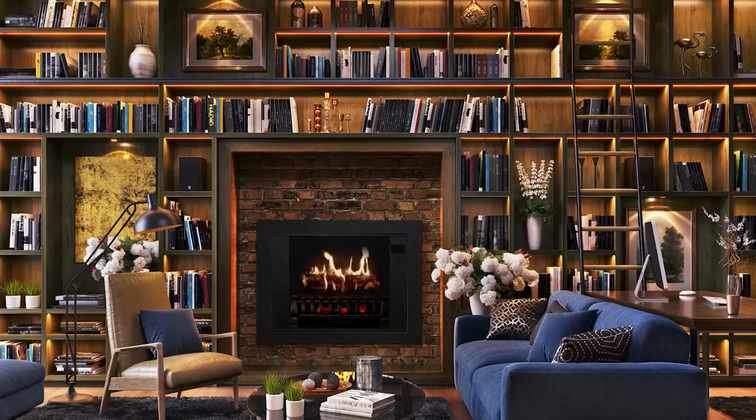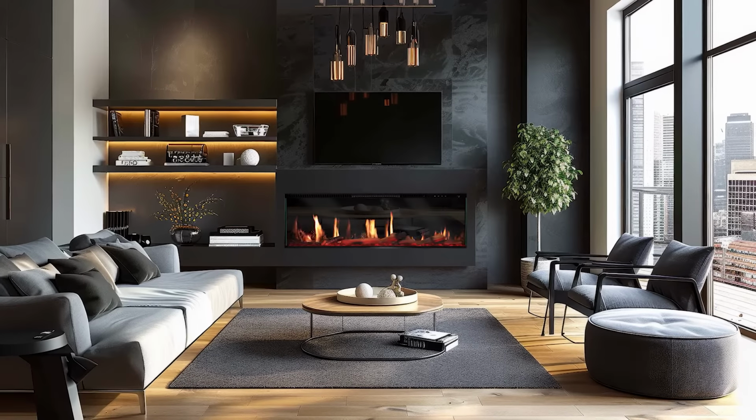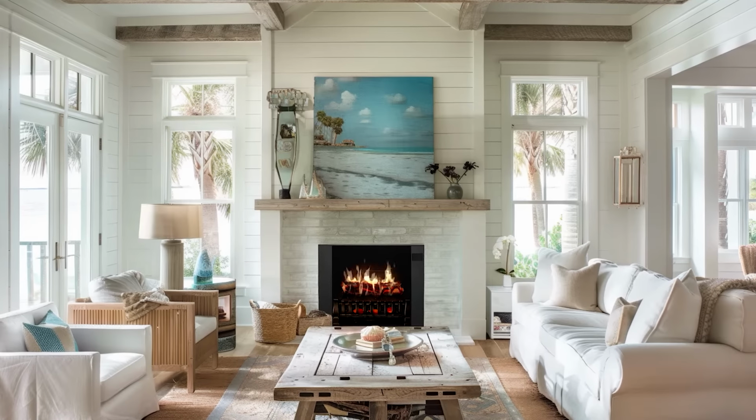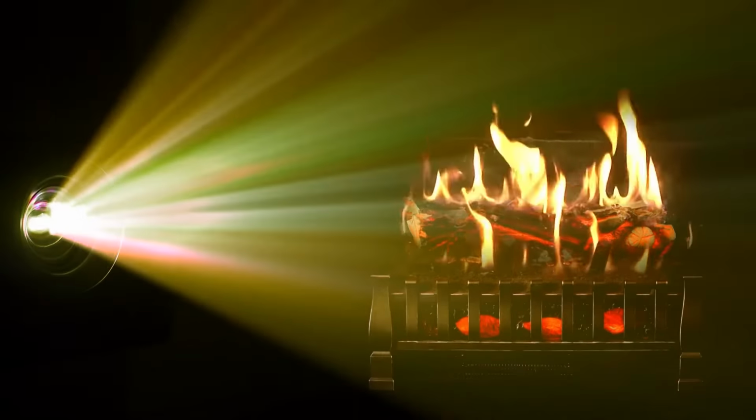If you are looking for a realistic fireplace for either your home or business, MagikFlame has an option that will most likely work for you. We specialize in creating and distributing the most realistic fireplaces in the world, using cutting-edge video-based technology not found anywhere